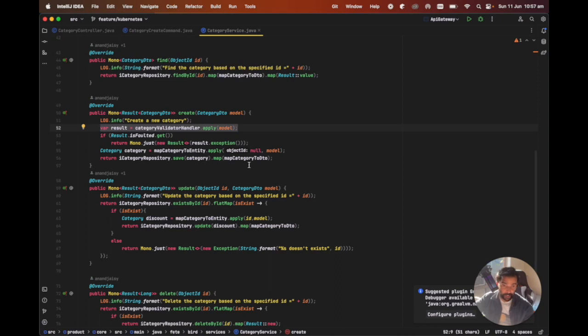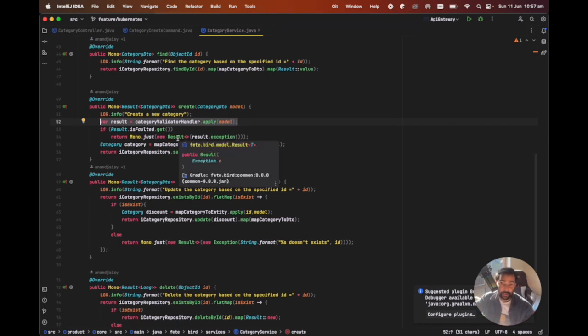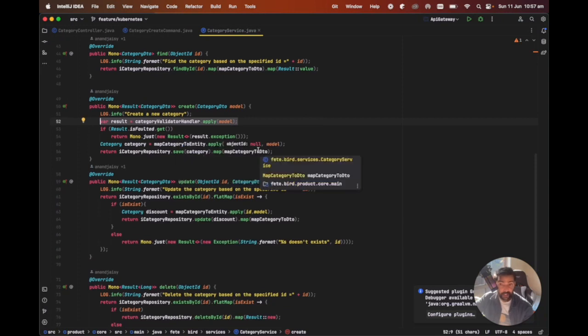Either we want to check our inventory is there or not. If the inventory is not there, we don't want to proceed further, we want to return back to the API. So two scenarios will be there, either success or a failure, but we don't want to throw an exception from here, and we want to create a global exception handler and deal with that, because we want to pass from the service to a controller,